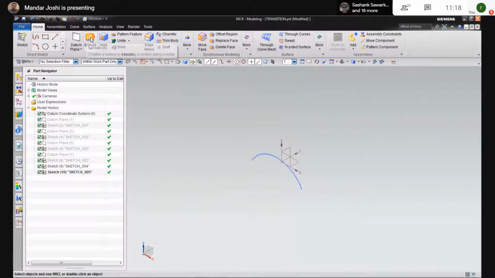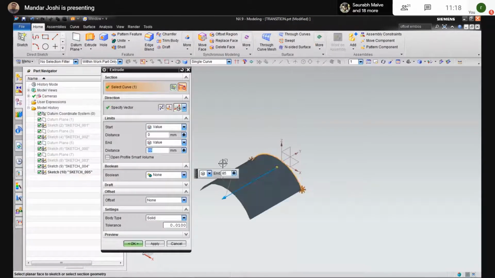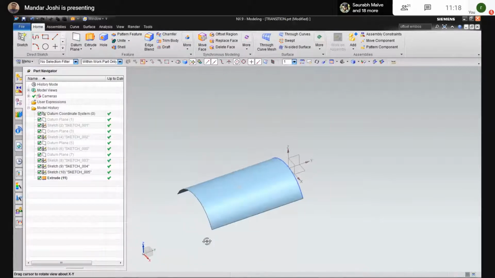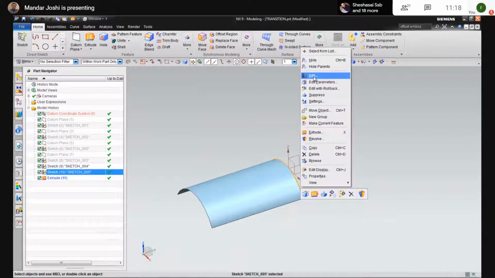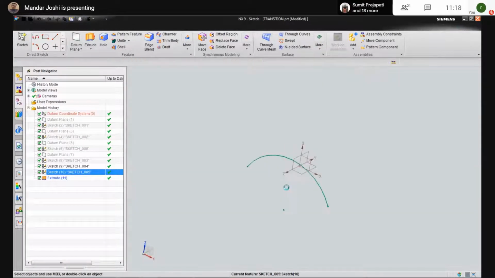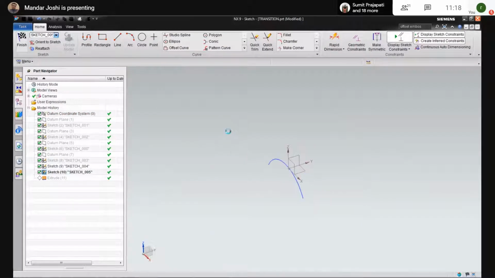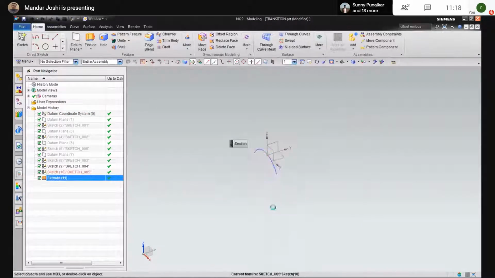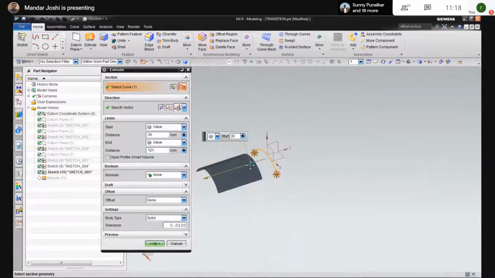We make them extrude. There is an offset gap here.